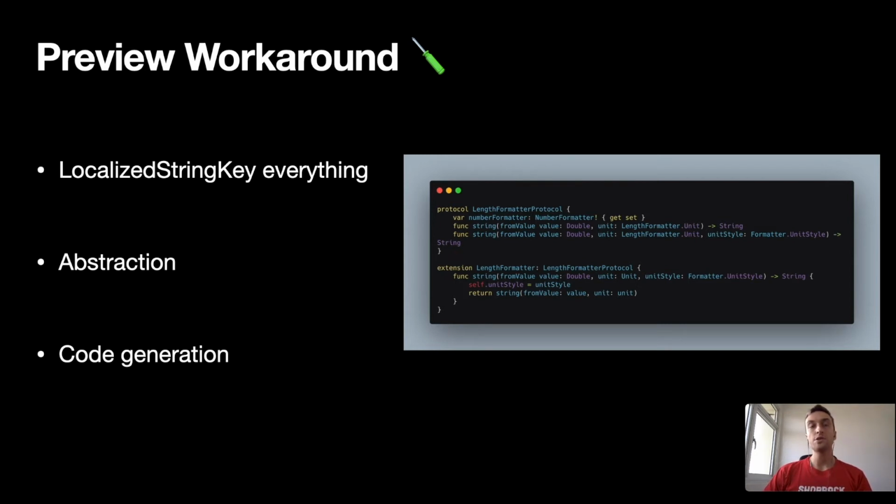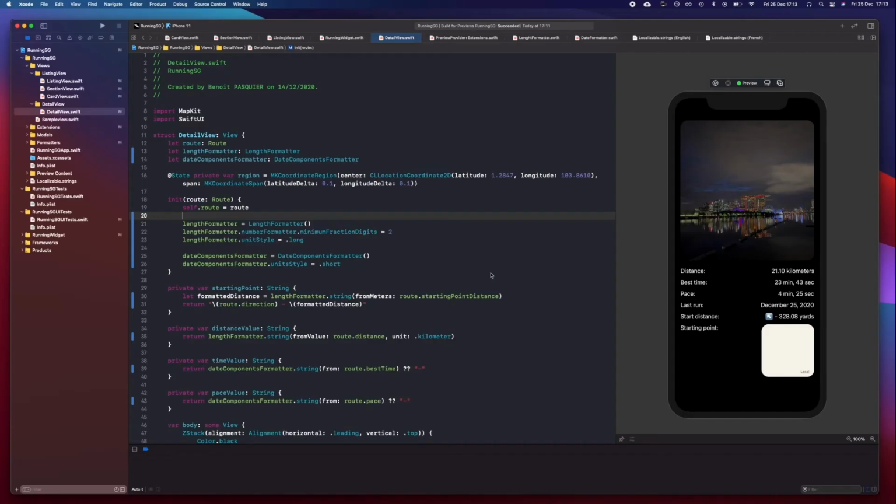Finally, we could use code generation to help us in this effort and generate strings, images, colors, and any other assets we would need to localize through our project. So let's see how it looks. Back to our detail screen. To make sure the environment variables are applied during the preview and not only when launching the app on simulator, like the locale value we tried to pass so far,